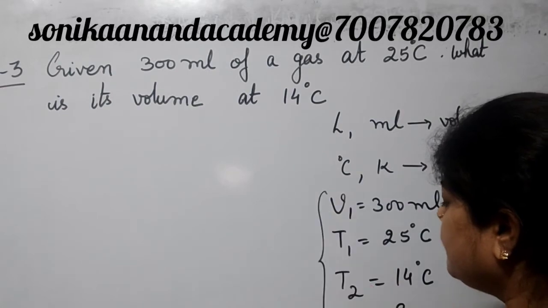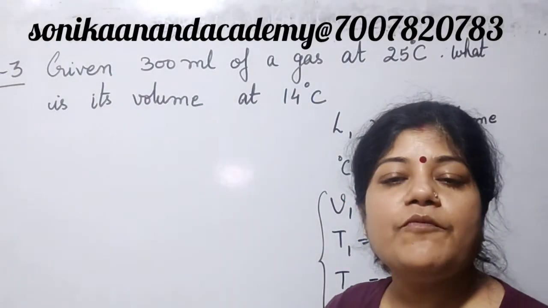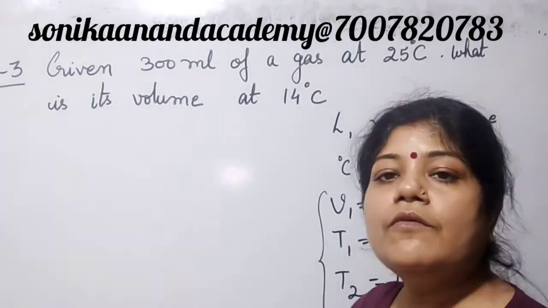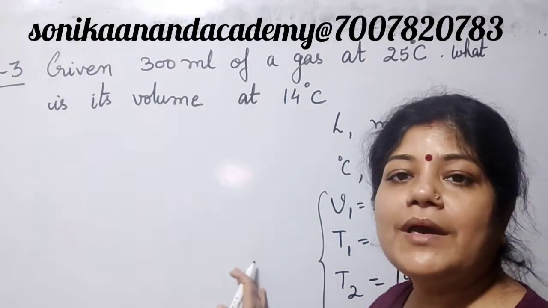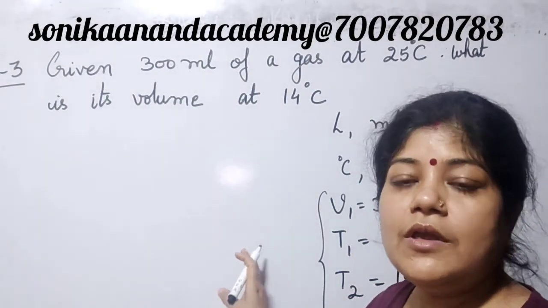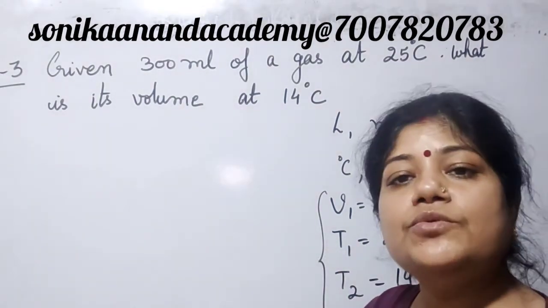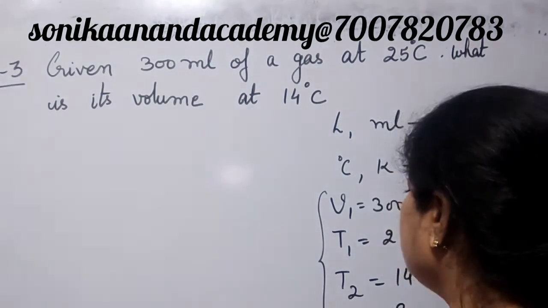So here volume and temperature relationships are there. When there is a relationship of volume and temperature, we apply the Charles law. According to Charles law, volume is directly proportional to the temperature. But before solving the numericals on the basis of the Charles law, we always convert the temperature which is given in degrees Celsius into Kelvin, and then you solve the numerical, otherwise your answer will become wrong.